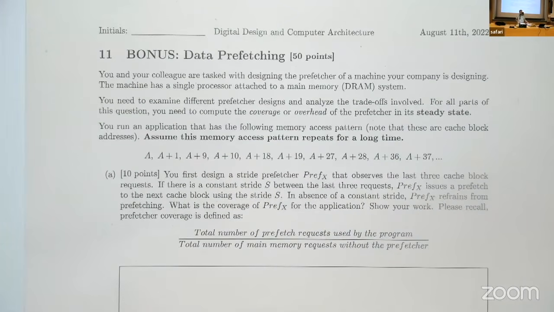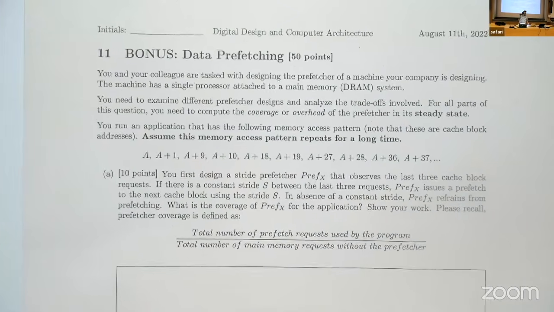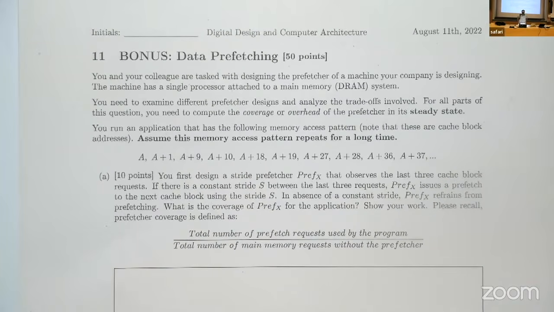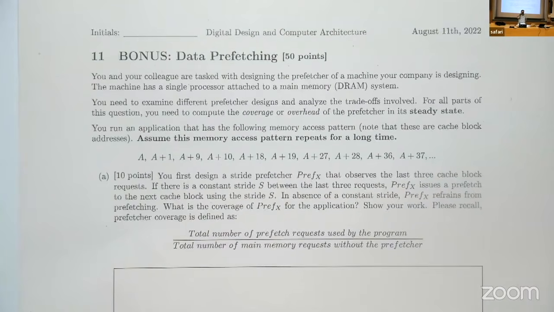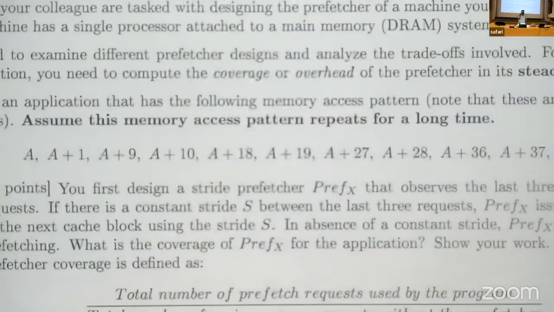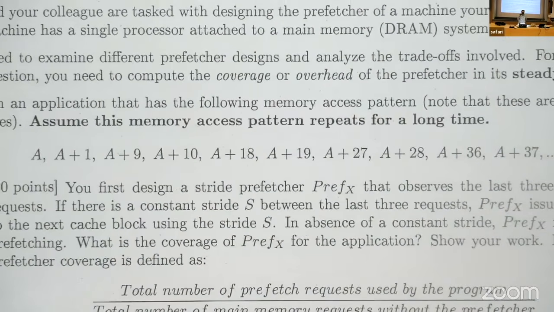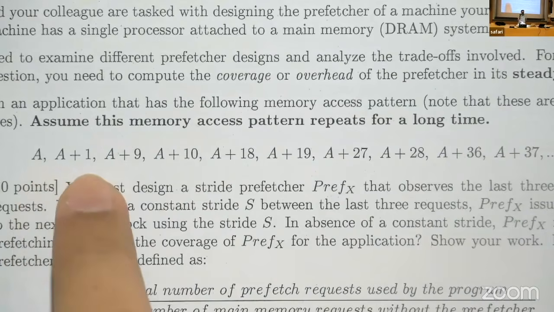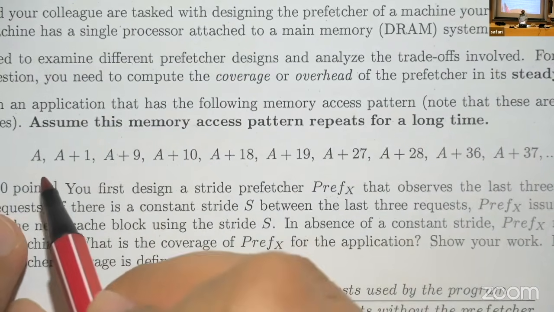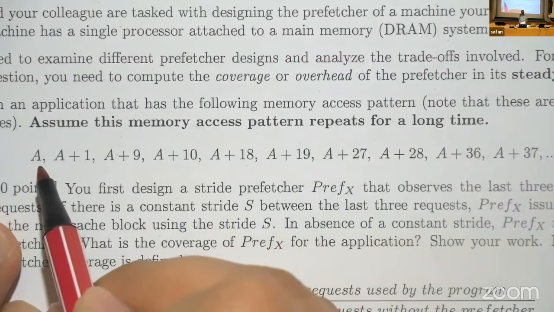So this is one example that we have quite a straightforward question. This is about data prefetching, and as you can see, we have this kind of access pattern here, right? So it first goes like A plus 1, A plus 9. It goes like this. So if you look at the stride in this access pattern, you access address A, and